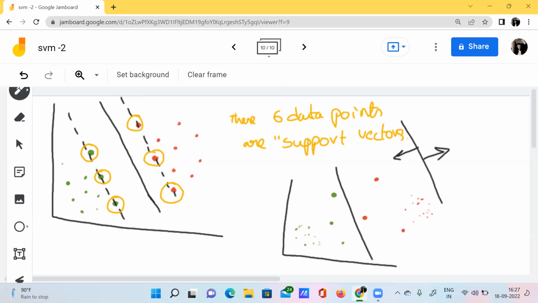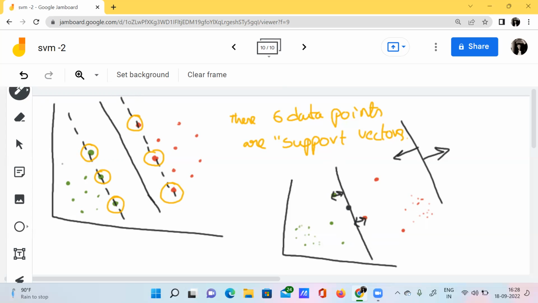Okay, and the shortest distance would be this one. And the shortest distance between the hyperplane and the data point in this category would be this one. See here, earlier my hyperplane would be in this position, but now it has changed to some other location, right? Earlier I had the hyperplane in this direction with a wider margin here and here, but now after disturbing the location of those data points, I am getting a hyperplane which is of a different angle.